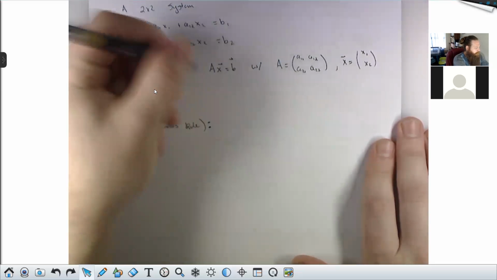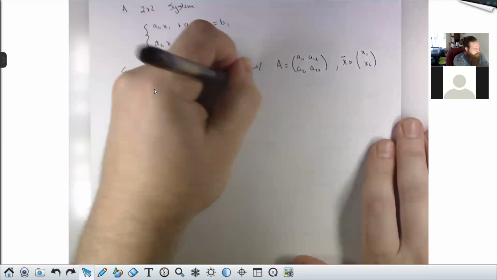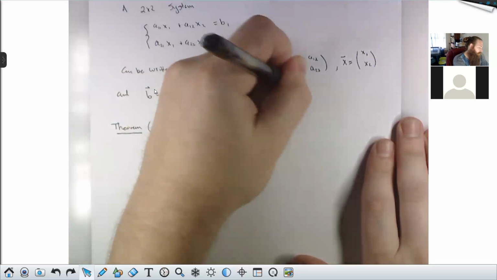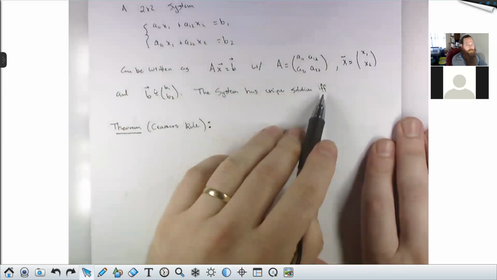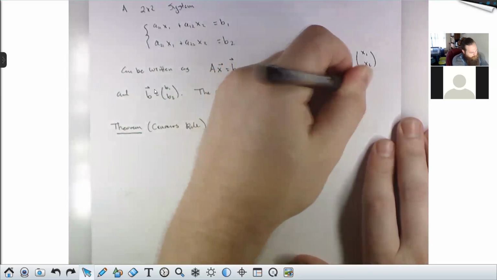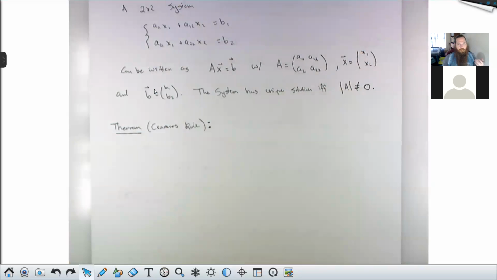I've got to say here, the system has a solution. It's a unique solution if and only if (the abbreviation for this is IFF) the determinant of A is non-zero. If the determinant of A is non-zero, then you can get any right-hand side, guaranteed, by taking appropriate linear combinations of x1 and x2. But Cramer's rule says